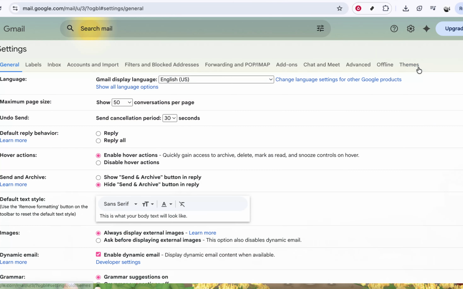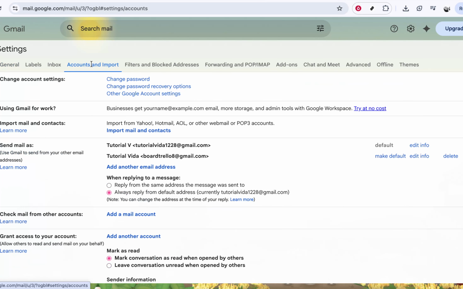This is where Gmail keeps all of the more advanced configuration options, including account access and delegation. Across the top of the settings page, you'll see a row of tabs. Find the tab labeled Accounts and Import, and click on it. This section controls how your account interacts with other accounts, including sending mail as different addresses and granting access to